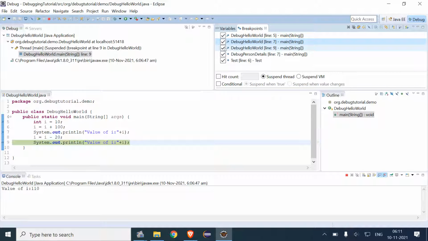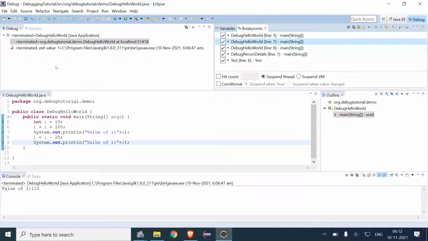So this is how we can disable or deactivate the breakpoint. And now let's terminate this program. The program has been terminated.